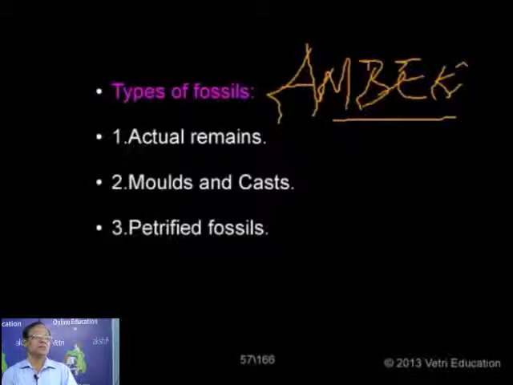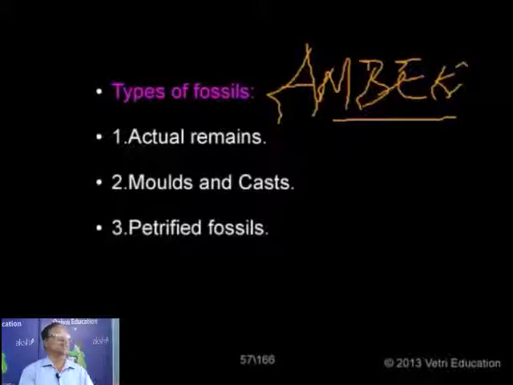Then molds and casts. When the animals walk on the substratum, it left imprints. And those imprints, the cavities, for example, the elephant when walked on a muddy sand, it left impressions, and such impressions are called molds. They become hardened into stones. And when these cavities are filled with the sediments in due course of time, you are getting what is called the cast. So the molds are the cavities, and the casts are nothing but actually the sediments which fill the cavities of the molds, hardened into stone-like structures.